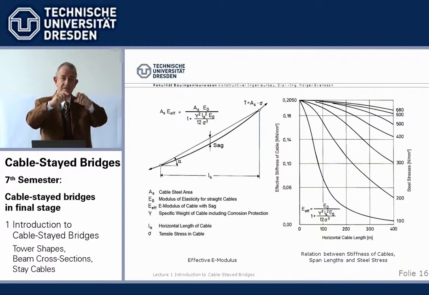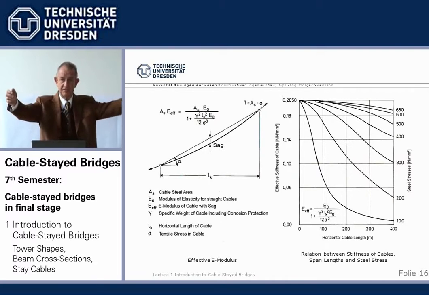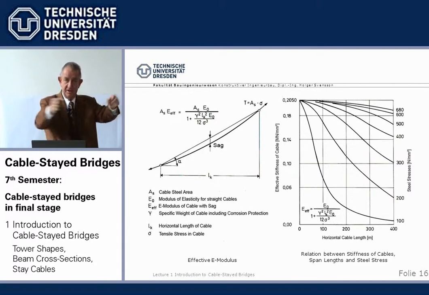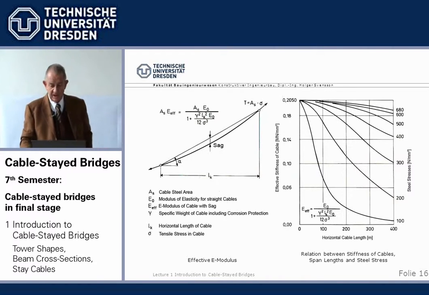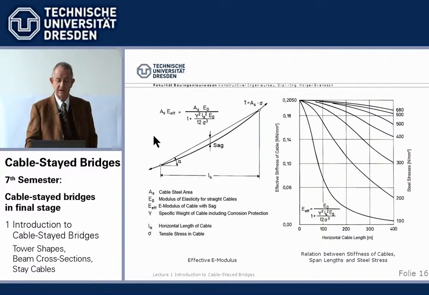So we have, in addition to the elastic elongation of the cable, an additional elongation which is due to the reduction of sag. I think it's very clear if you have a short line between your hands and you pull at it, the sag is taken out, and that can be calculated. One can use basically the stress of